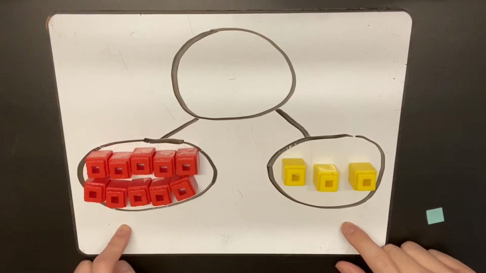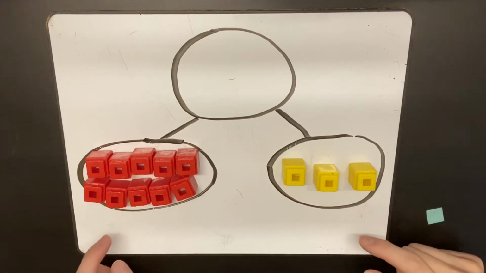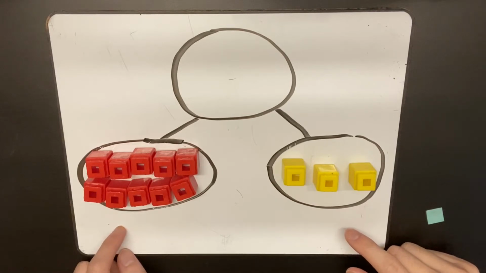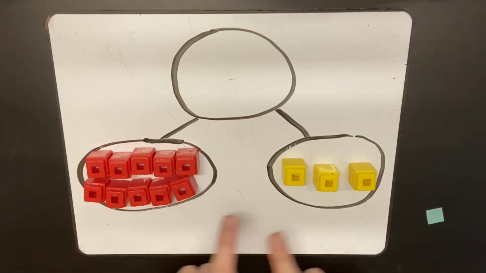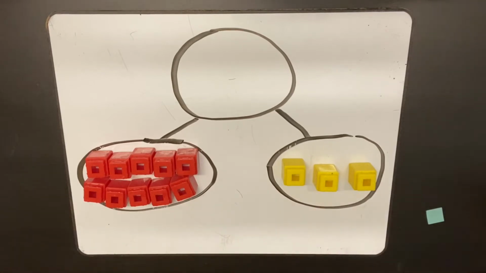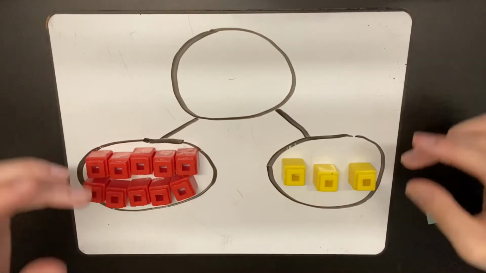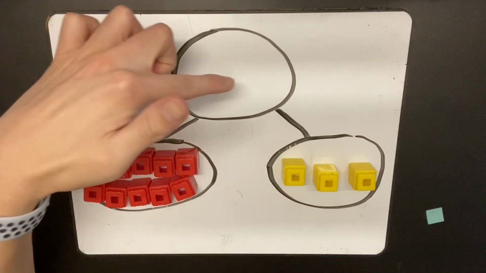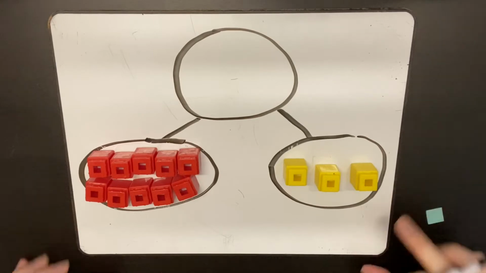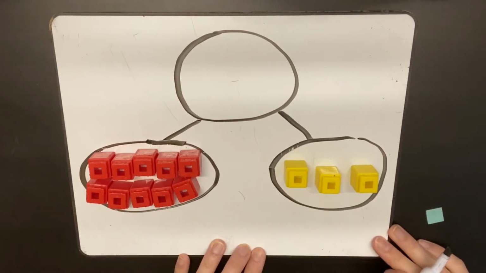What is 10 ones and 3 ones? 13 ones. Now, can you say that number in the say 10 way? This would be the number 10, 3. What number? 10, 3. Great. So now, if I put them all together, what is going to be my whole? How many would be in the whole? If I have 10, 3, that number is